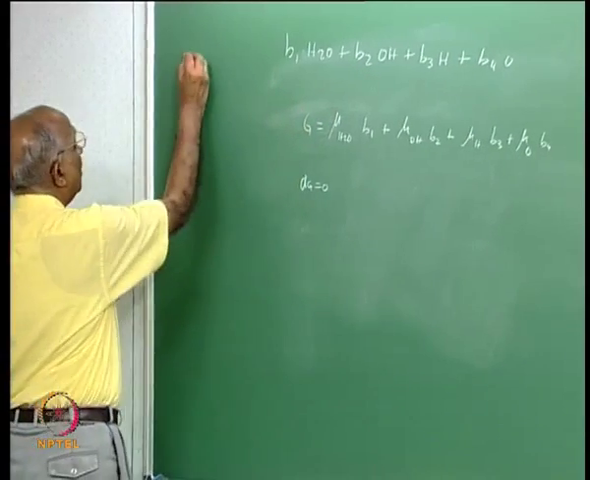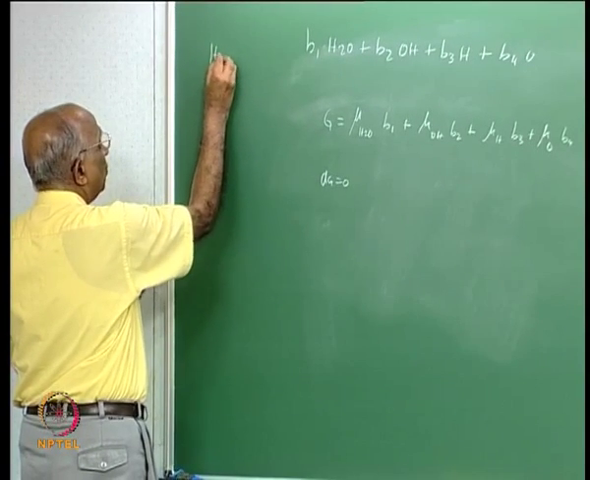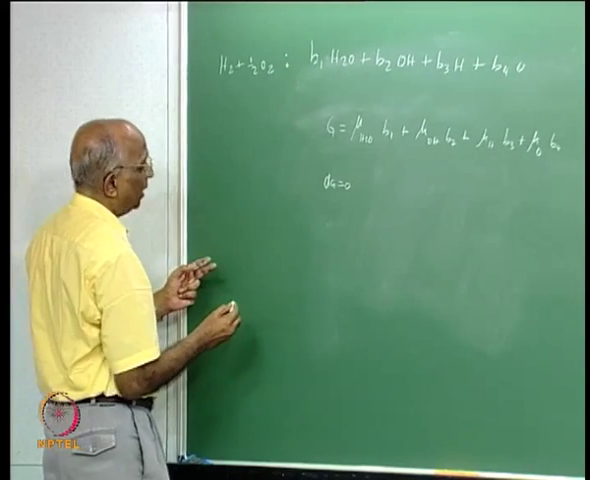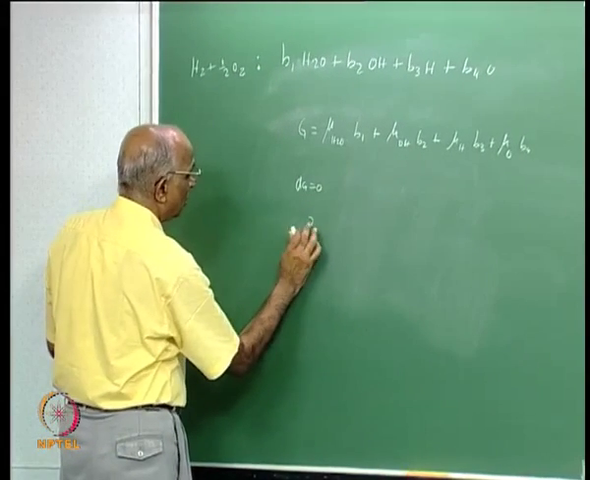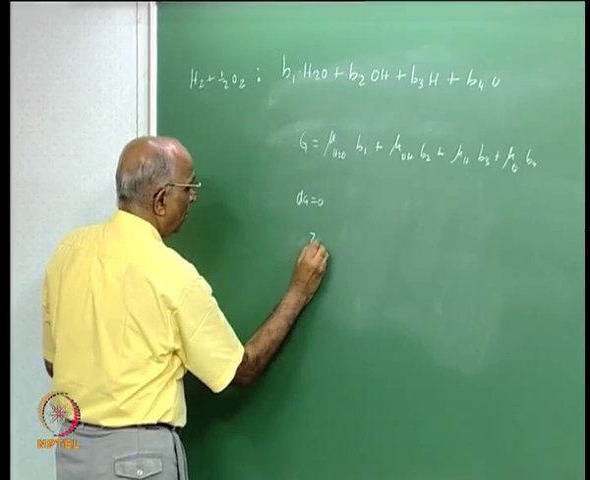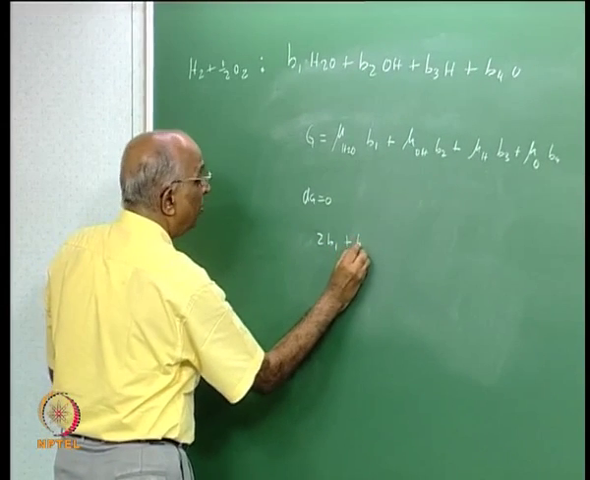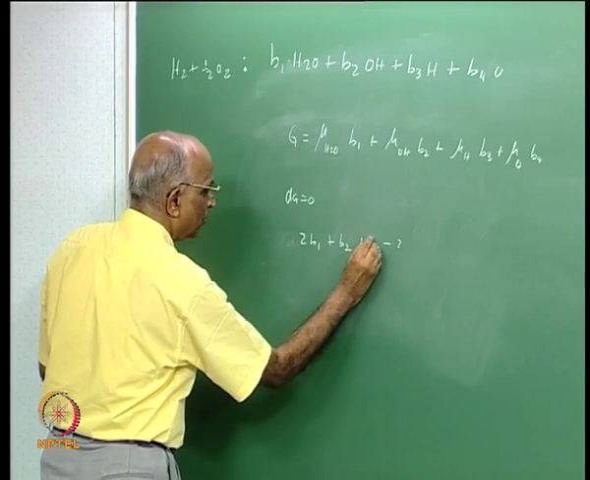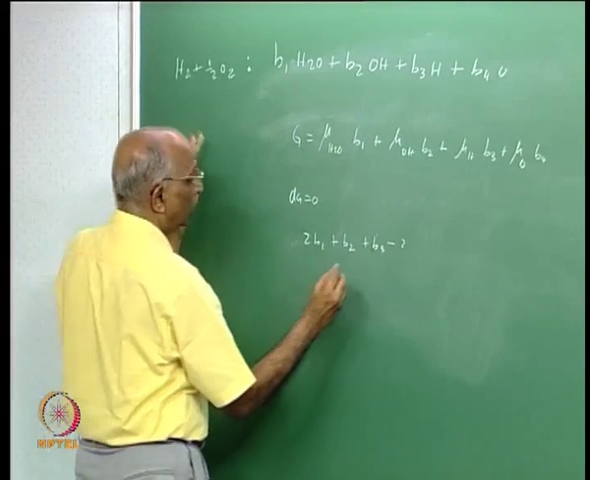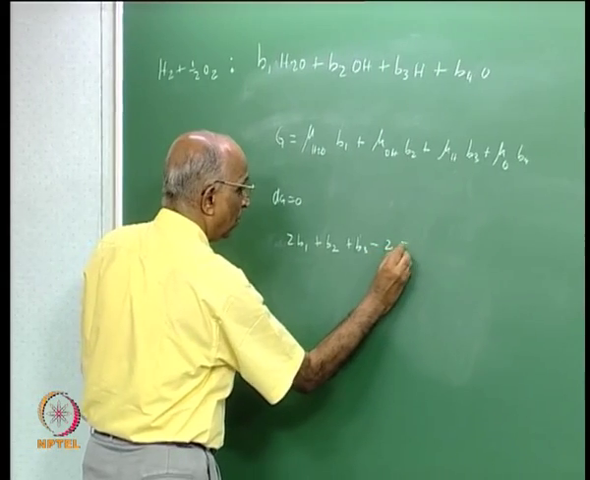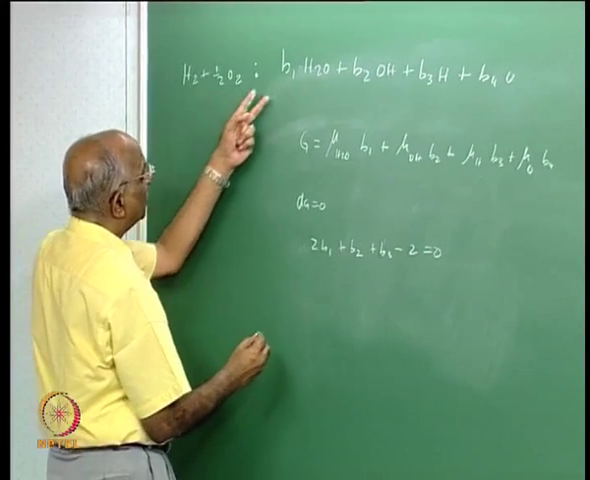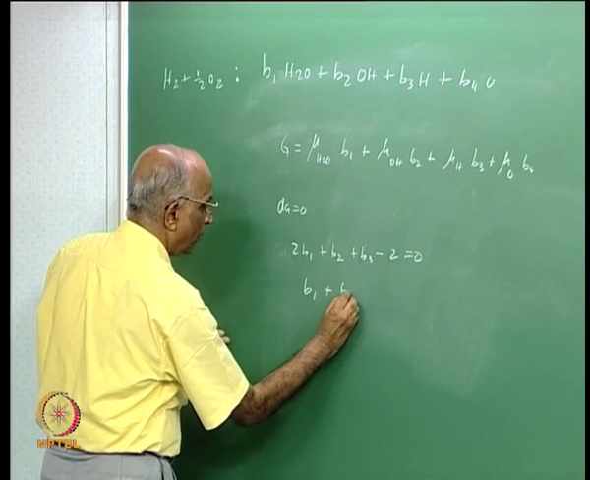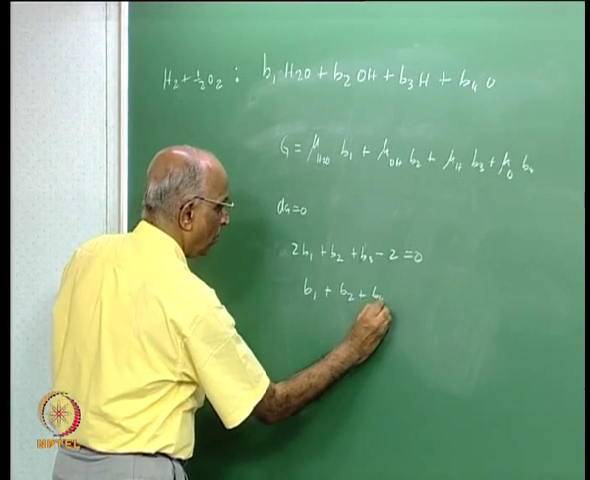And what did we say? Here we had H2 plus half O2, and what were our atom balance equations? For H balance: 2B1 plus B2 plus B3 minus 2, I am sorry, minus 2 equal to 0. And for O balance I had B1 plus B2 plus B4 minus,